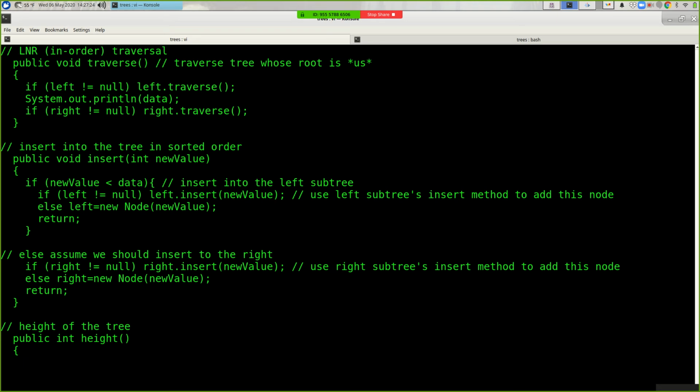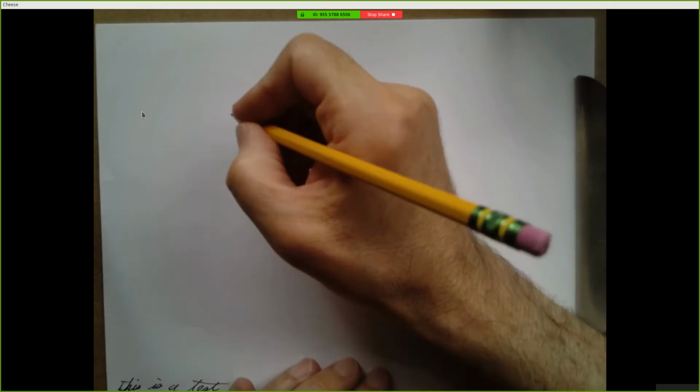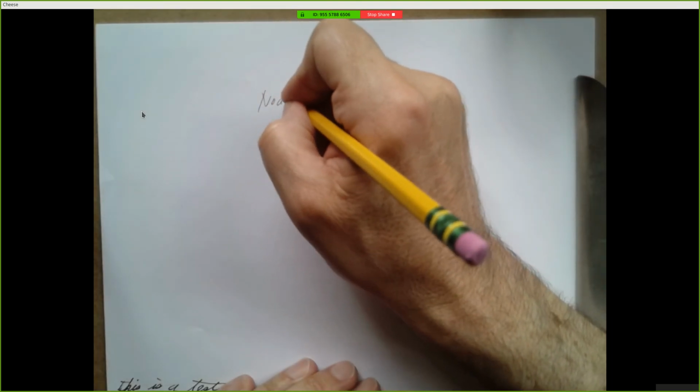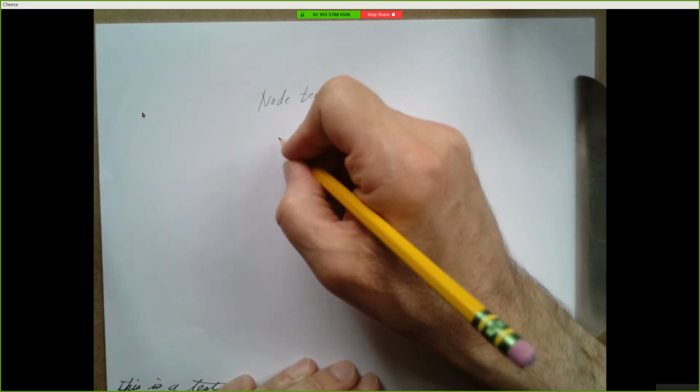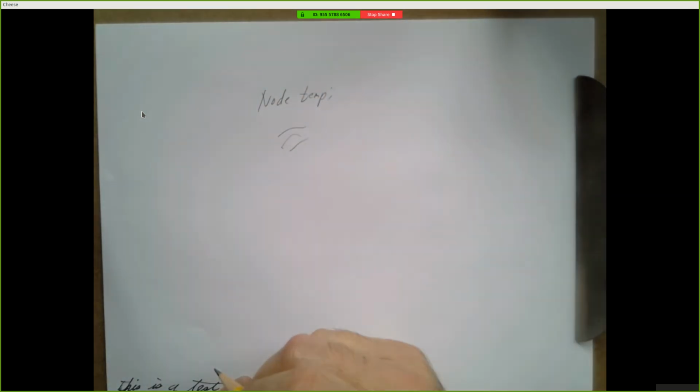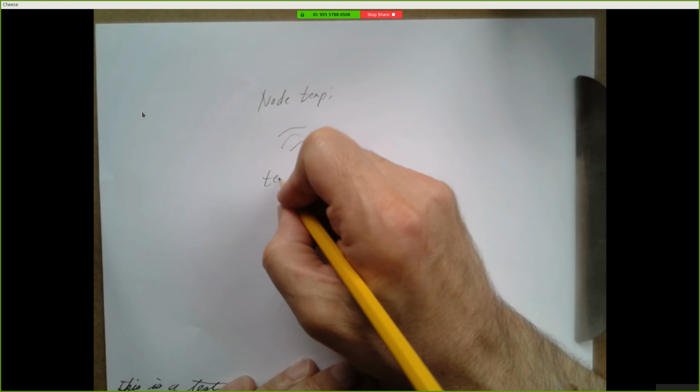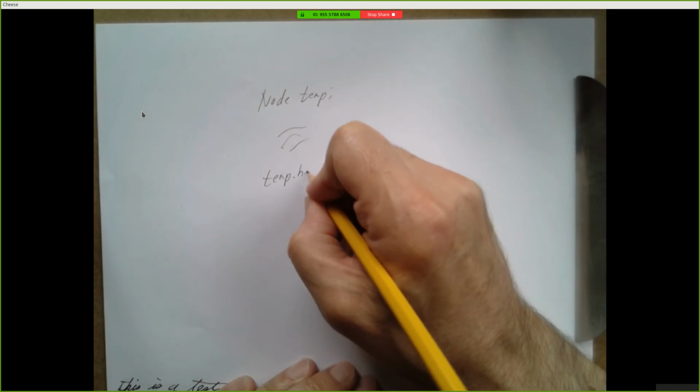We know that if the tree is empty, the height should be -1, right? But we're in the node class right now, right? So if we say something like node temp, and we've given it a value somewhere, and we say temp.height,